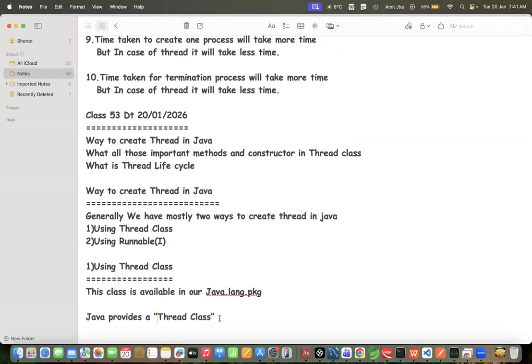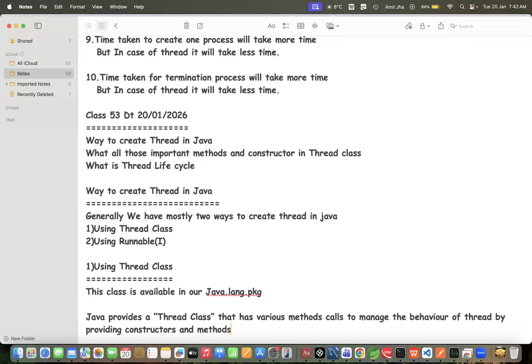So Java provides a Thread class that has various method calls to manage the behavior of a thread by providing constructors and methods to perform